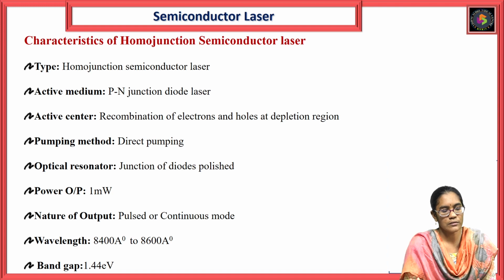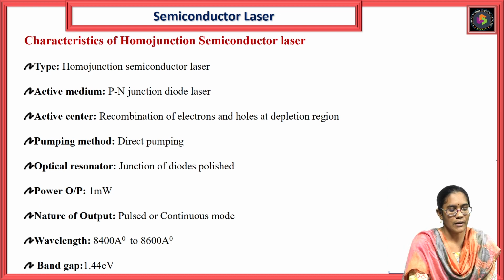So here, the PN junction diode acts as an optical resonator. At the junction, the P and N regions are polished with silver material, so it will act as an optical resonator. And the power output is